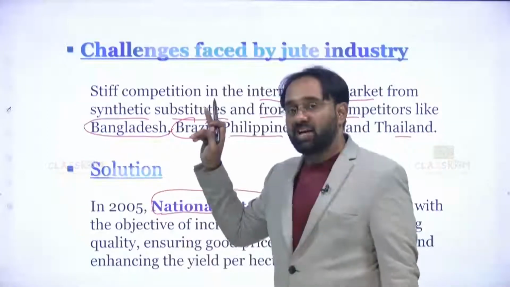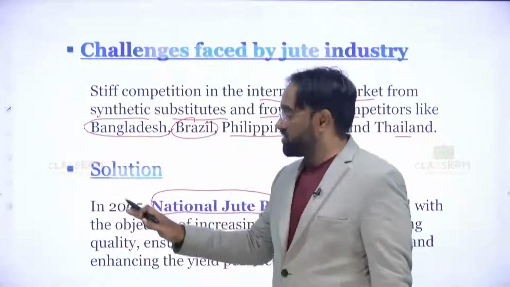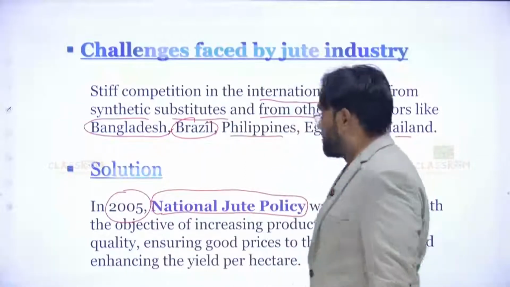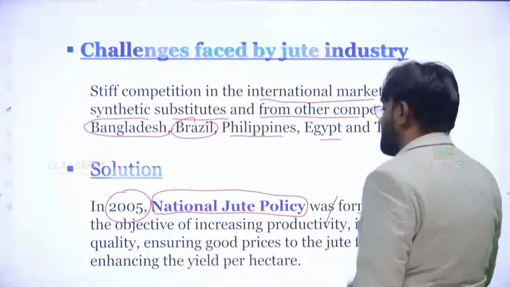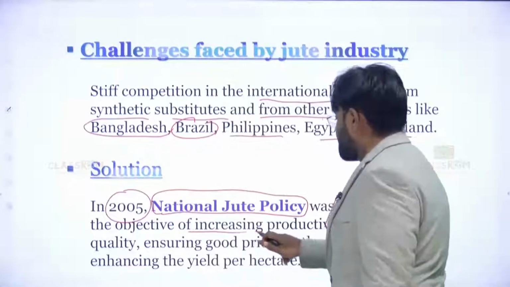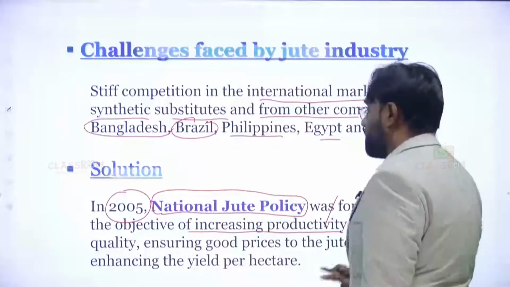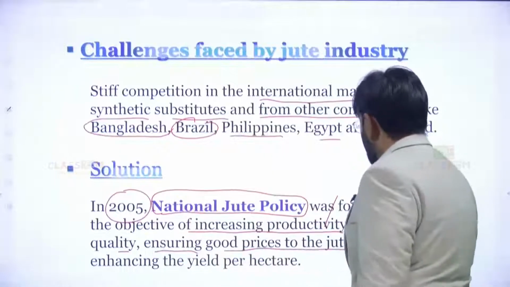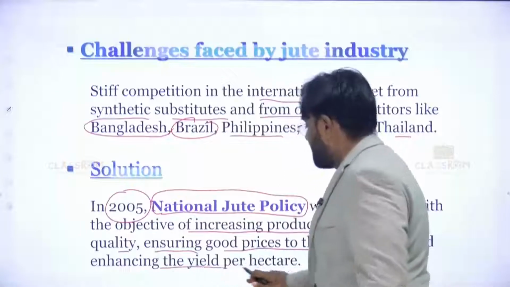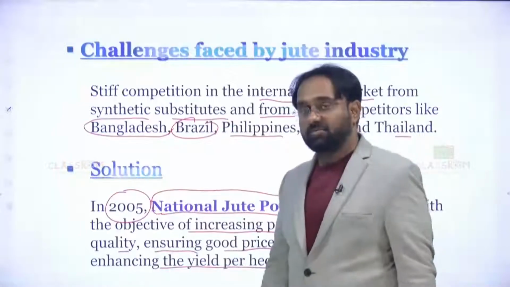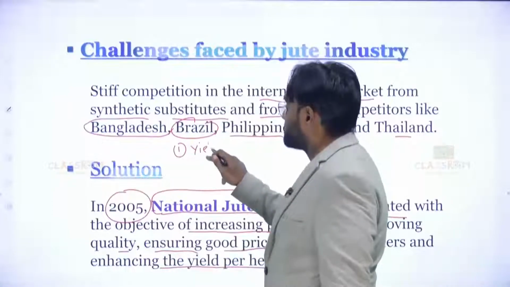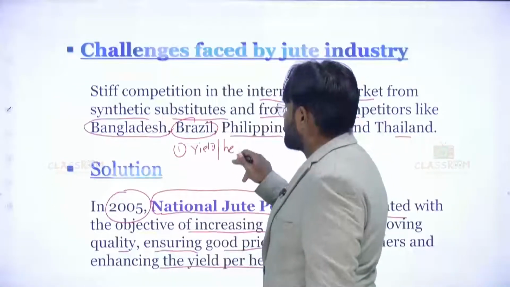Okay. Challenges are there and you have the solution. The solution was found in 2005 itself. The National Jute Policy was formulated with the objective of increasing productivity, improving quality, ensuring good prices to the jute farmers, and enhancing the yield per hectare. Okay. Two things are important. Yield per hectare is important,